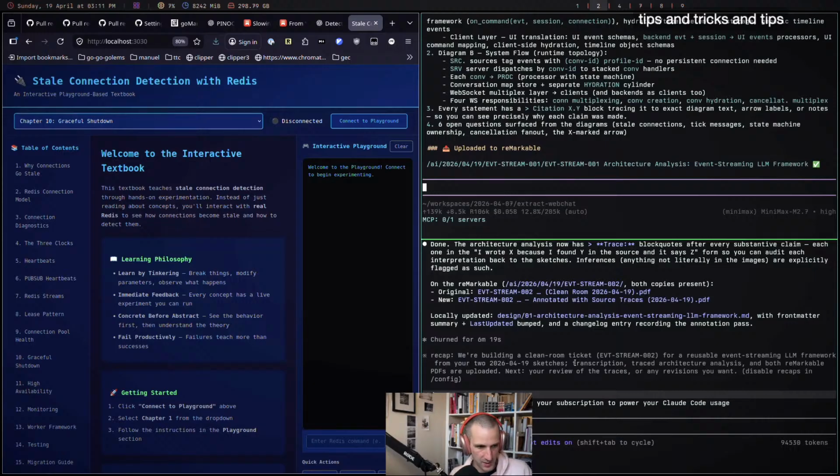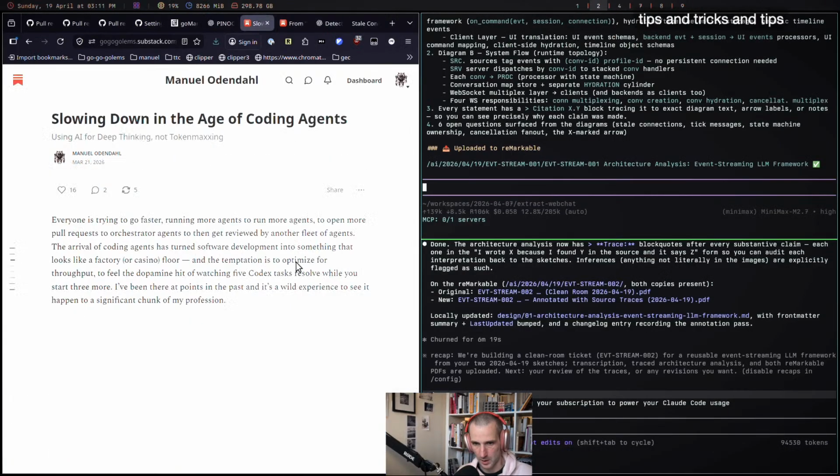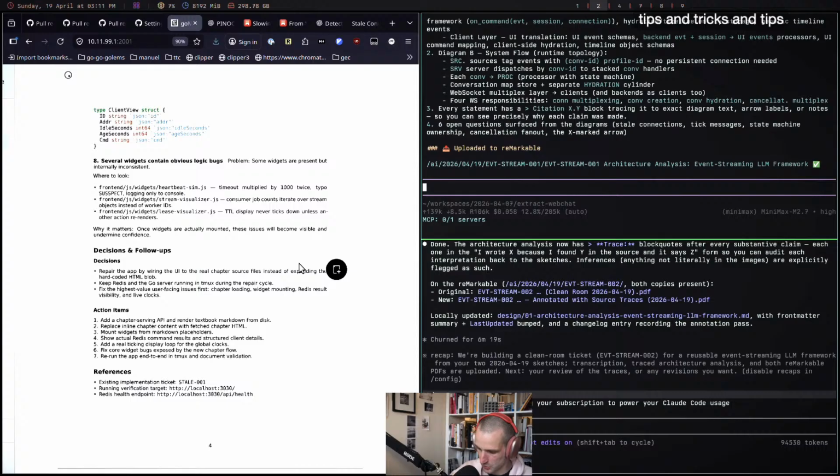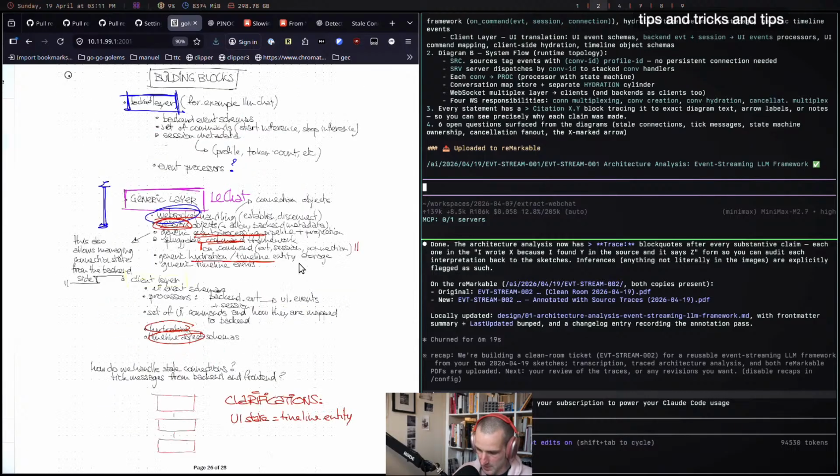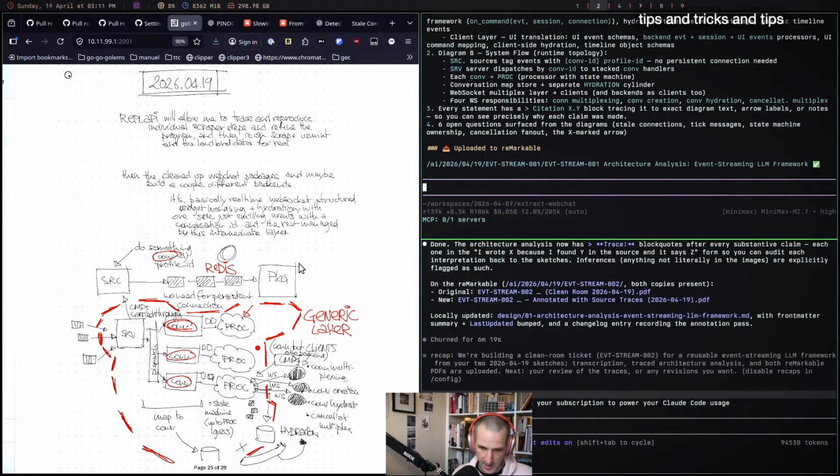But what we did today was, I'm going to push this to GitHub if you want. Most of the session today was about trying to understand my diagrams to turn them into implementation plans. It was something I wanted to experiment with to build a web chat framework that I can reuse, because I keep writing the same code over and over. So I had this diagram here, and I just put a screenshot of it in.